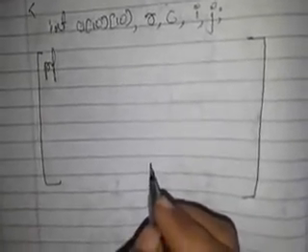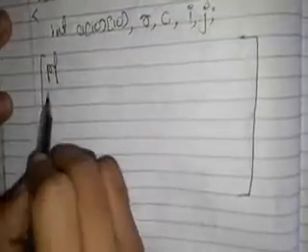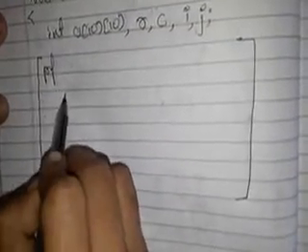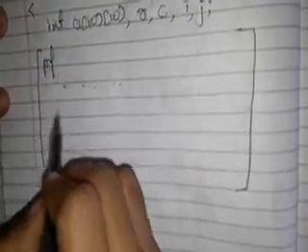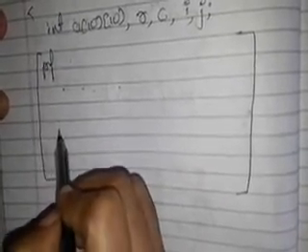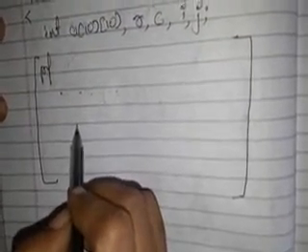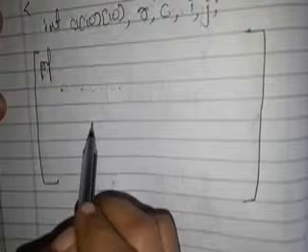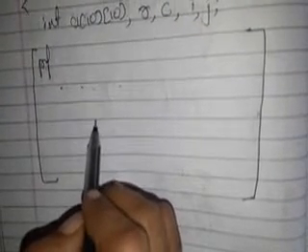I'll just tell you in a stretch. We should ask the user to enter the elements of a matrix. That is nothing but scanf %d, ampersand r, ampersand c. So the respective elements must be asked of the user. That is nothing but by taking the nested for loop. For i is equal to 0, i less than r, i plus plus. For j is equal to 0, j less than c, j plus plus. Scanf %d, ampersand of a of i j. In the sense we read the elements of the matrix.